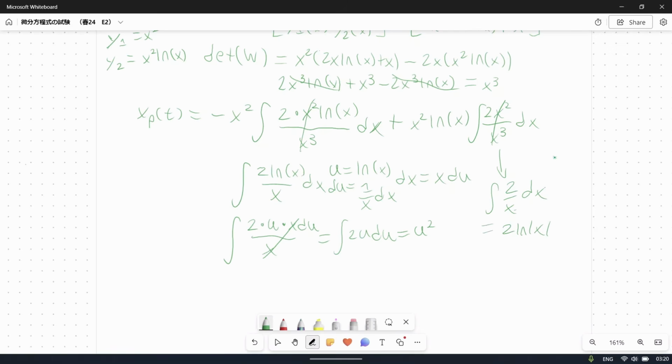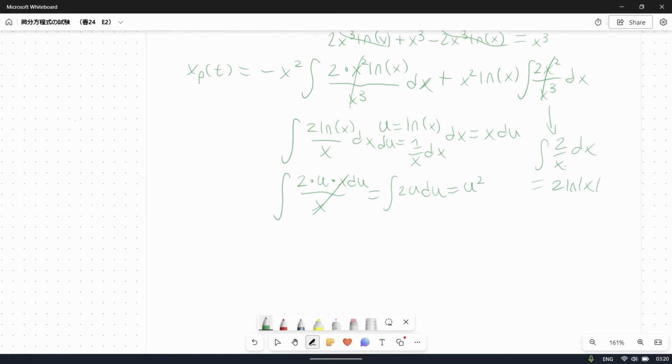So now we can plug it back into the formula. We can say that x sub p of t is equal, oh, and one more thing that we have to do, we also have to have this u be back in terms of x. So u squared becomes ln of x squared. There we go. Now we're done. And so now we can plug everything back in. So x sub p of t is going to be equal to x squared times ln of x squared